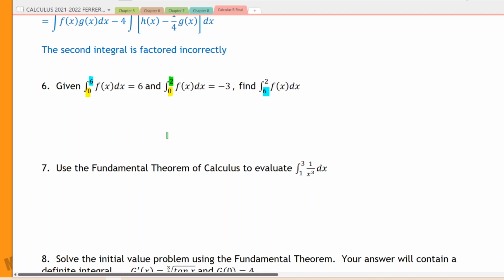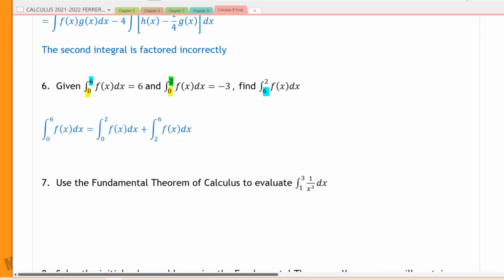So if I was going to straighten this out, I don't know if that's the correct way of thinking about it, but if I want to break up the integral of f of x from 0 to 6 into two regions based on what I'm seeing here, I would say that the integral from 0 to 6 of f of x is equal to the integral from 0 to 2 of f of x plus the integral from 6 to 2. And now notice how those